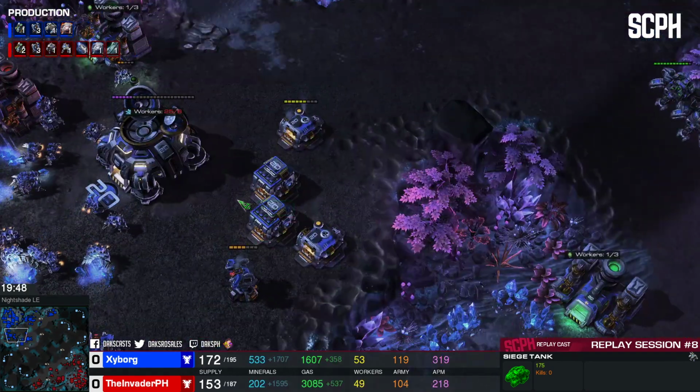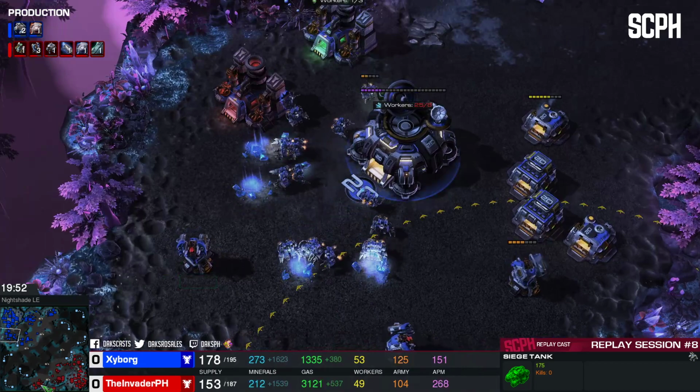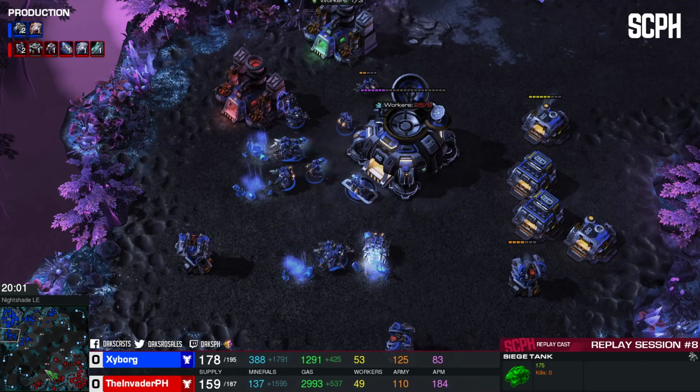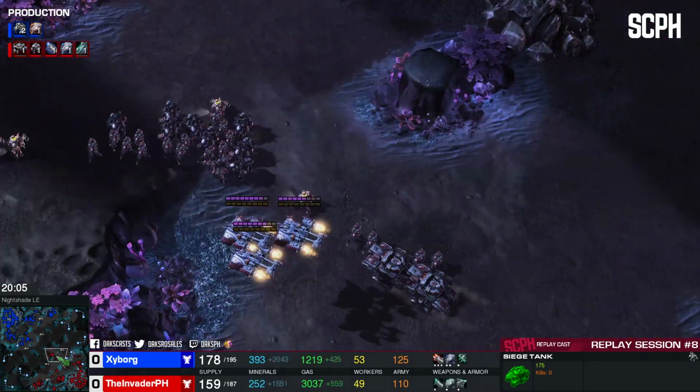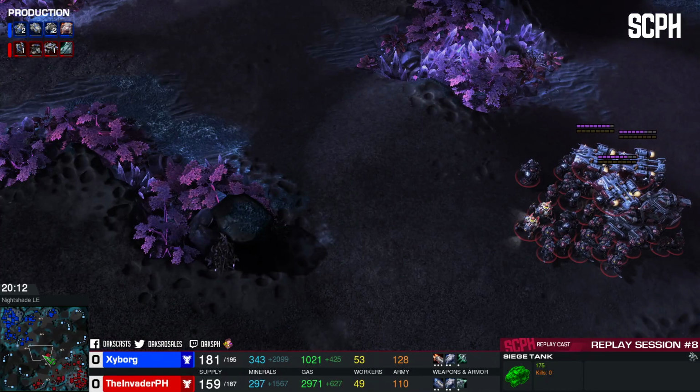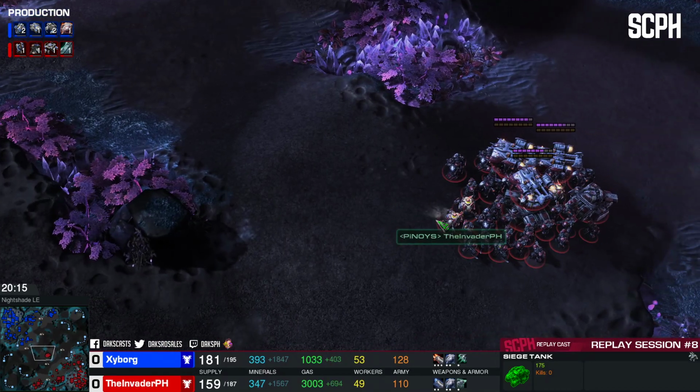The thing to really take note of, though, is when both players are passive, it's just how it happens. It just turns into a little bit of a slugfest, but eventually, finally, someone is going to relent, and someone is going to decide to come on out. So this is going to be TheInvaderPH's time to...